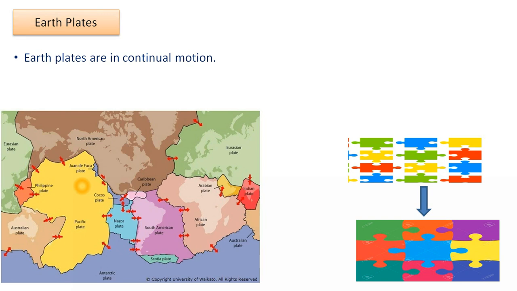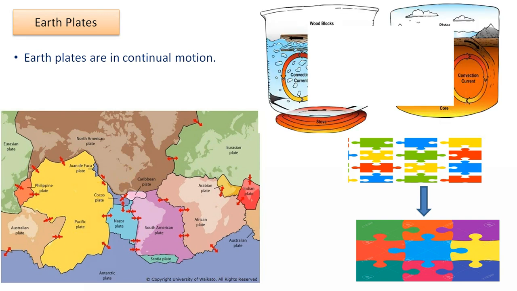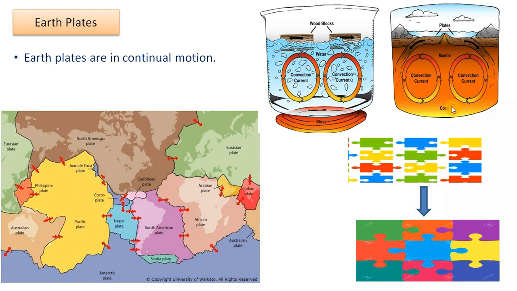Now, as I mentioned before, if you look at the structure of Earth, you will see that inside the Earth there is a lot of heat. You saw how high the temperatures were. The temperatures were almost more than 5,000, 6,000 degrees Celsius. So there is so much heat inside the Earth. And this heat is responsible for the movement of the plates. And these plates, while moving, sometimes collide with each other. And these collisions of plates result in earthquakes. So that is the main cause behind earthquakes.